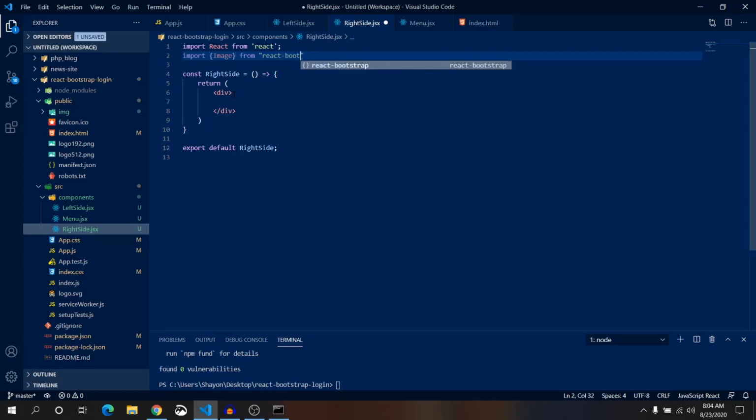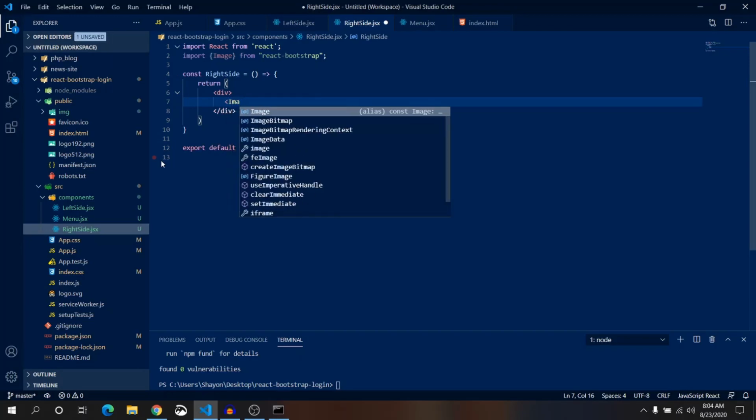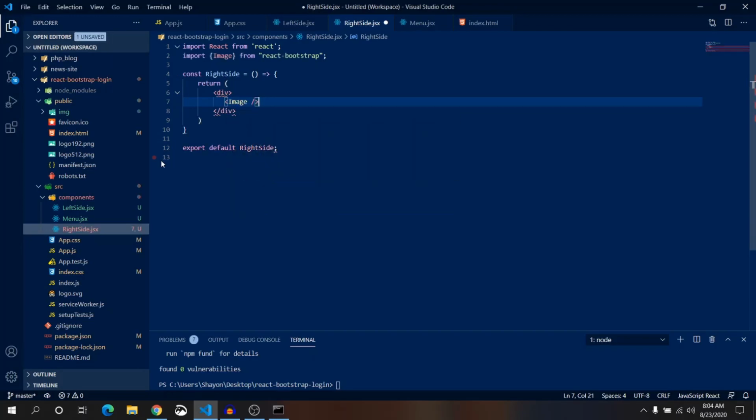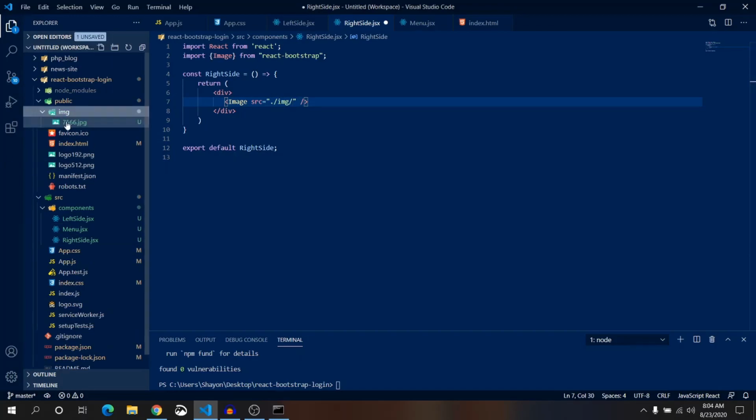Let's use this image in between this div, image, and there will be an attribute of source is equal dot /img/ name of our image.